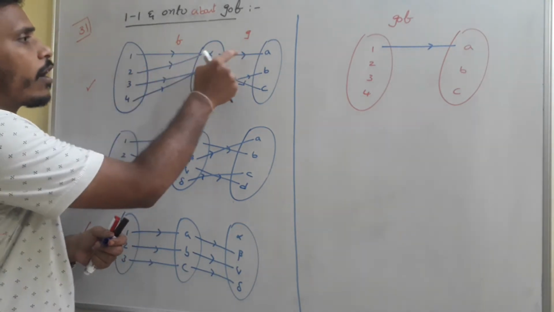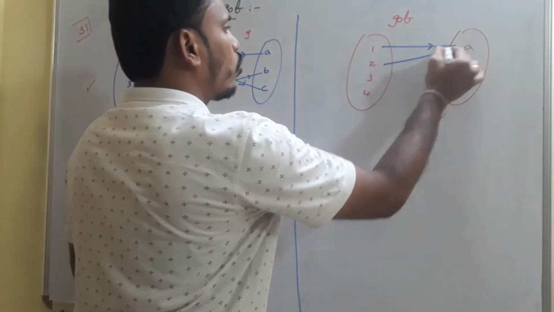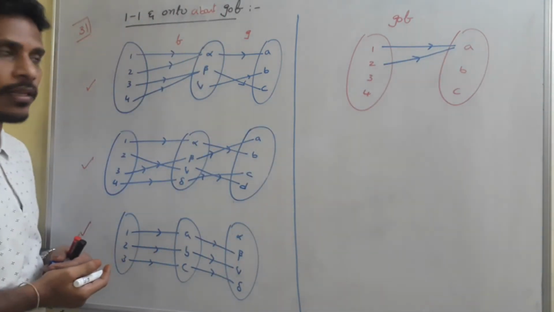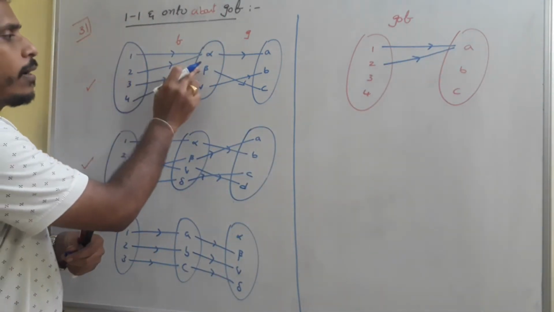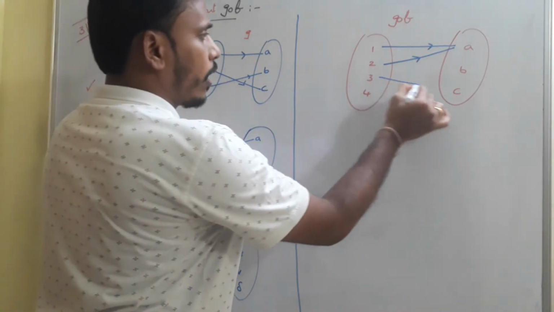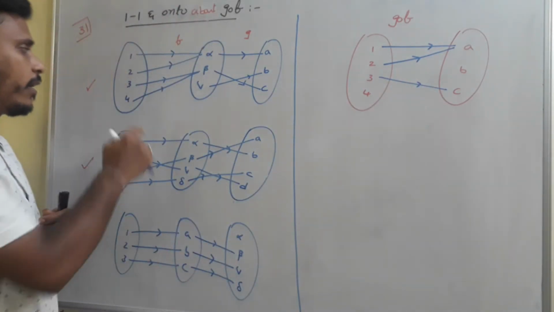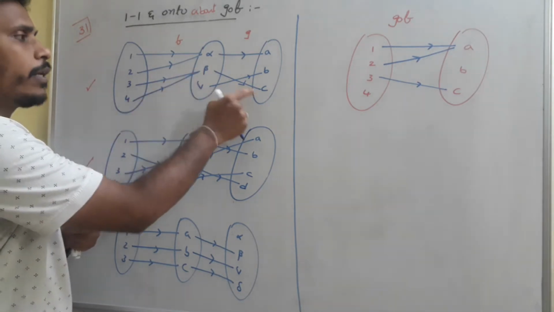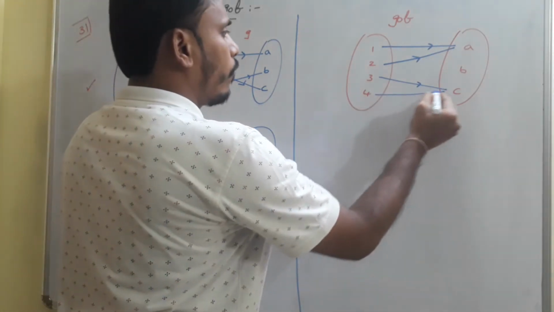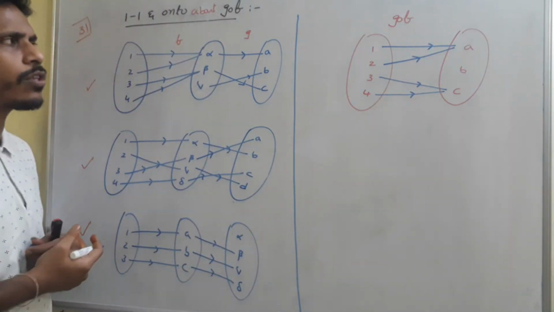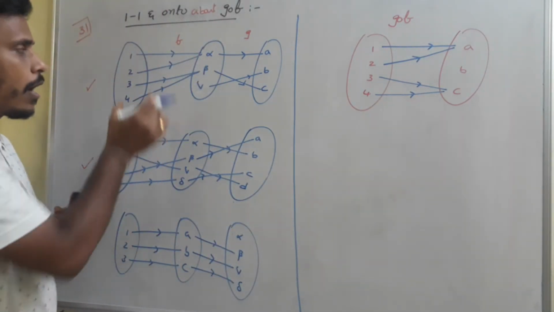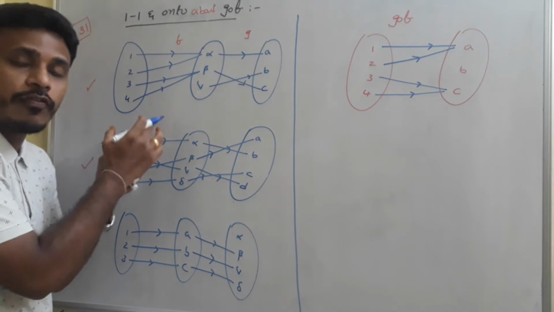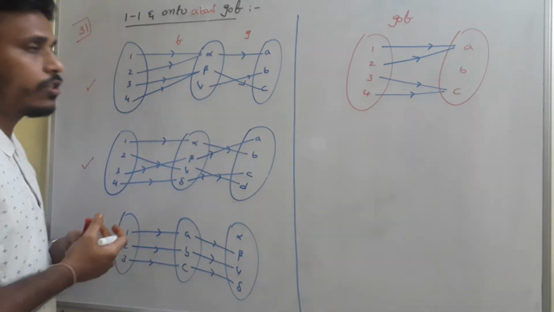So 2 to alpha, alpha to A, in the sense we need to connect 2 also to A in G circle F. 3 to beta and beta to C. So we need to connect 3 to C. Again 4 to beta and then again beta to C. So again we need to connect 4 to C. Now what to say about this G circle F? And from the side of F and G, we need to think about G circle F.